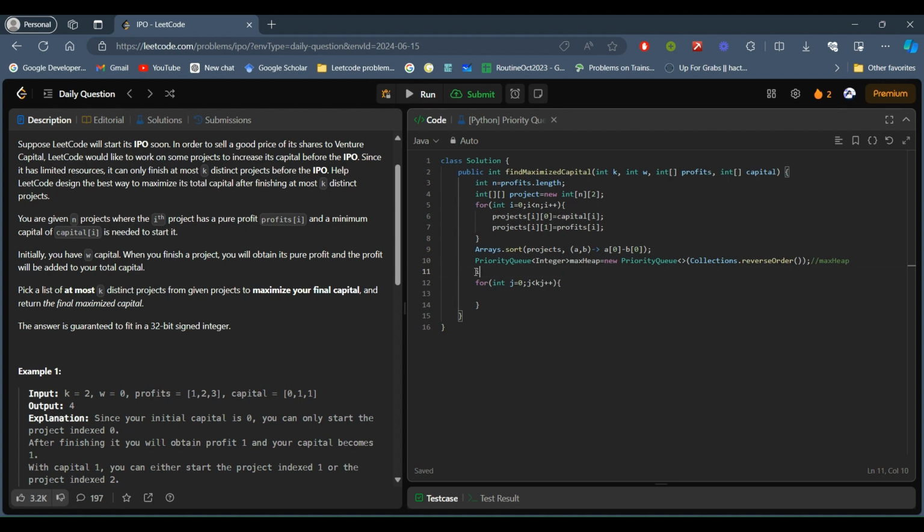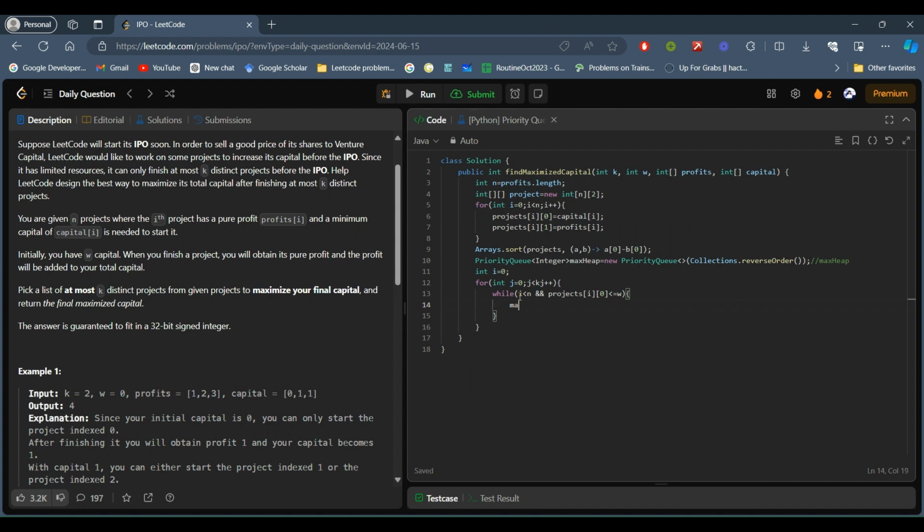For that we traverse the projects while i is less than n and projects of i of 0 is less than or equal to w, meaning the initial value of w must be greater than or equal to the current capital.